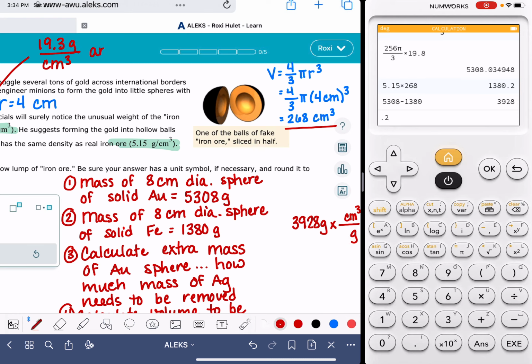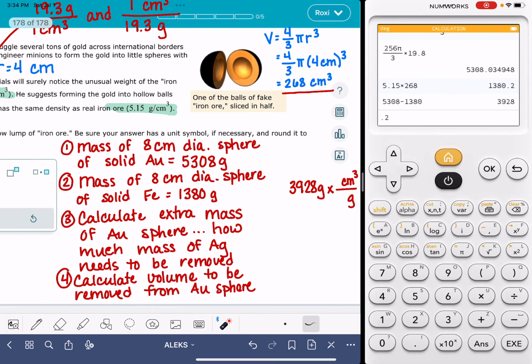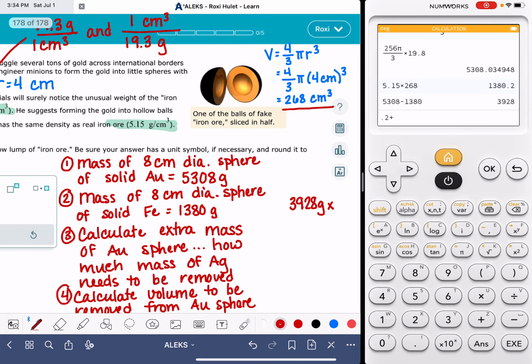But remember, with all conversion factors, we can just flip them upside down as needed to make them work for us. So I'm going to turn this conversion factor upside down, 1 cubic centimeter over 19.3 grams. That's going to set it up in the way that I need to be able to use it for this conversion. I'm going to multiply by my conversion factor, which is 1 cubic centimeter over 19.3 grams. My gram units are going to cancel,